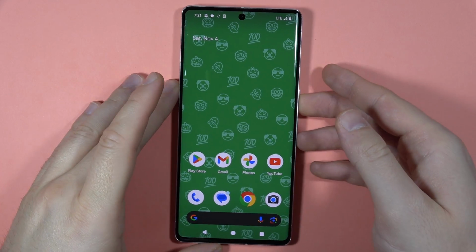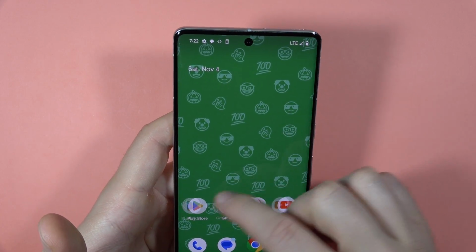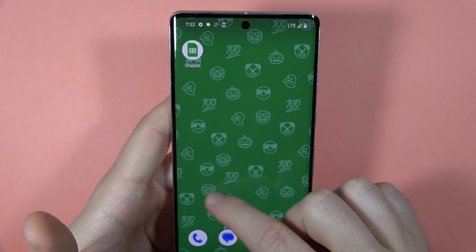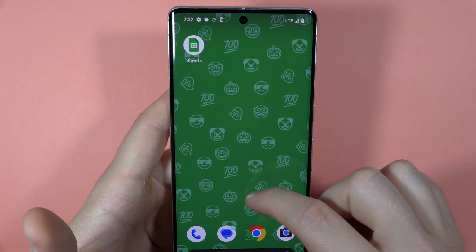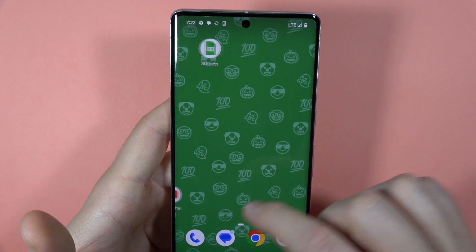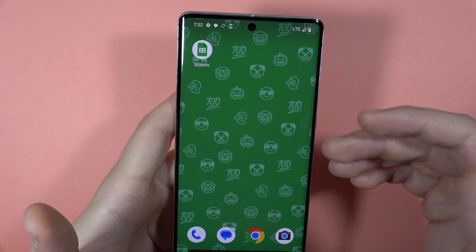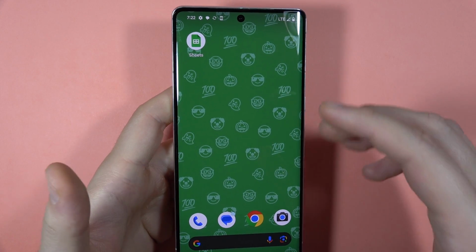Hey, if you want to get the live wallpaper on the Pixel 7 Pro, let me show you two ways. The first one, as you can see here, I have these emojis and they are actually active. So they are moving when I scroll on the screen or when I move it with my finger. And if you want to get this kind of wallpaper, you can actually set it up by holding on